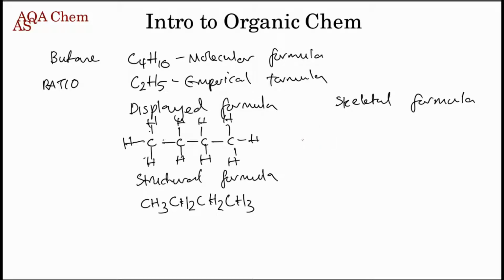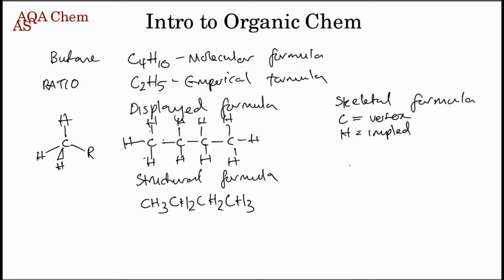So it takes into account the 3D shape of the actual bonds to the carbon. This R is going to be the rest of the molecule, and it draws it out, sort of casts it onto a flat piece of paper. And what it does is carbons are the vertices. So carbon equals a vertex, and you do not draw any hydrogens. Hydrogens are implied. The lines are the bonds. Hydrogens implied, though only if they attach to a carbon.